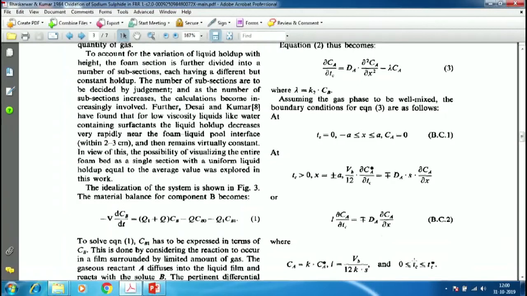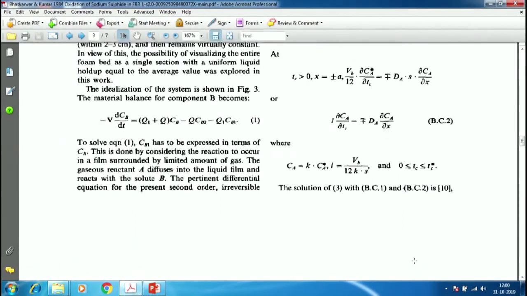So, if the volume of the bubble does not change, volume of the gas pocket does not change, then Vb by 12, which is constant, is taken out, and this is the gas phase concentration. This gives you rate of depletion of oxygen in that pocket. So, what enters the film is coming from the depletion of the corresponding quantity or rate inside the bubble. So, gas loses, liquid gains. Okay. So, with this we should be able to attempt to solve the problem.